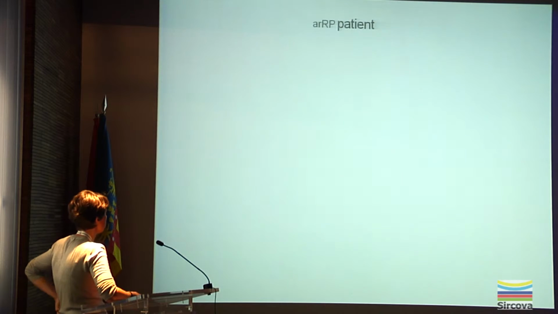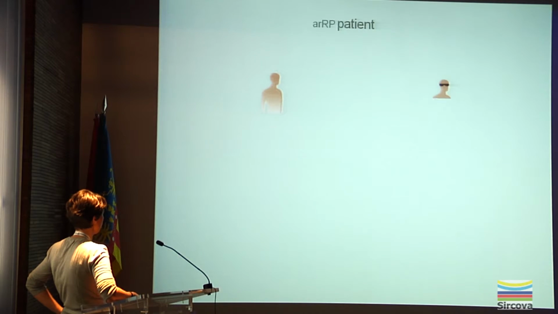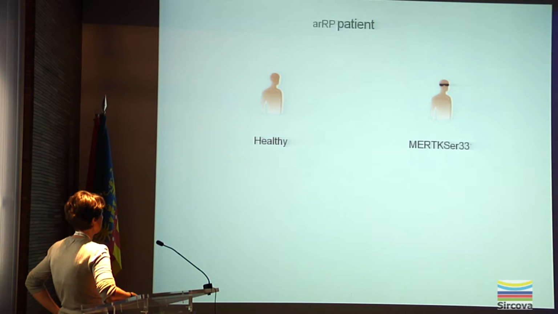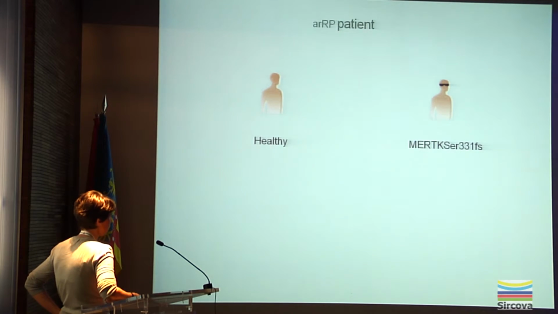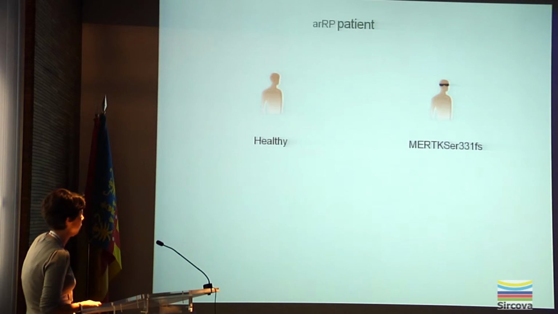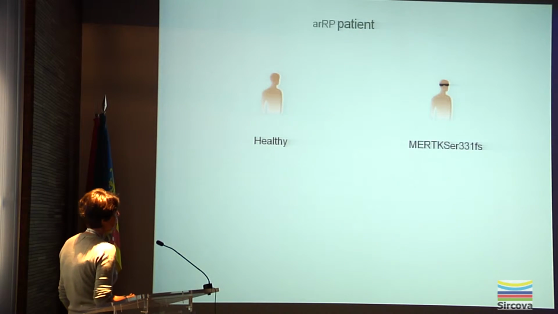So, as I mentioned, we got a biopsy from the retinitis pigmentosa patient. This is a healthy control, and this is patients from which we took the biopsies. The patient was genotyped with a mutation. This is a novel mutation in MERTK. It hasn't been described so far. It's a serine 331 frameshift, which causes